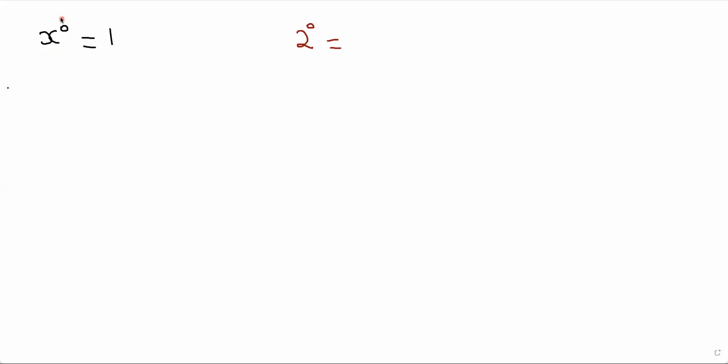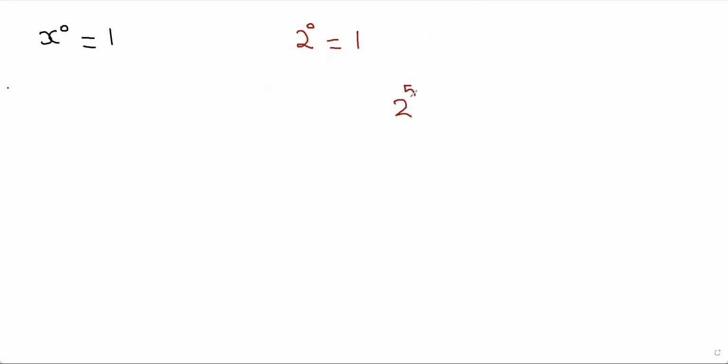So basically, any number to the power of 0 equals 1. So x here could represent any real number. Now, I used 2 as an example. You could use any number you like, and the same thing applies, but we're just using 2 so that it's easier to follow why 2 to the power of 0, or any number to the power of 0, equals 1. So now, let's look at 2 to the power of 0, and we said it should equal 1. Now, let's just start maybe with